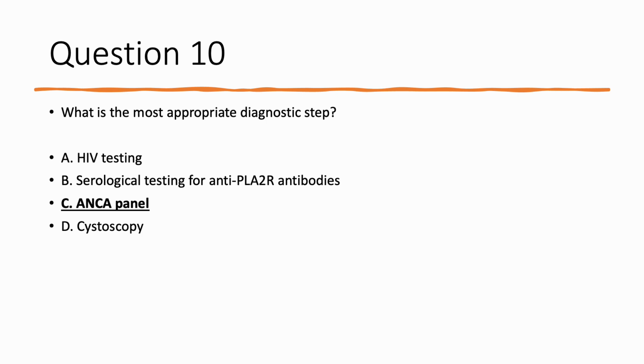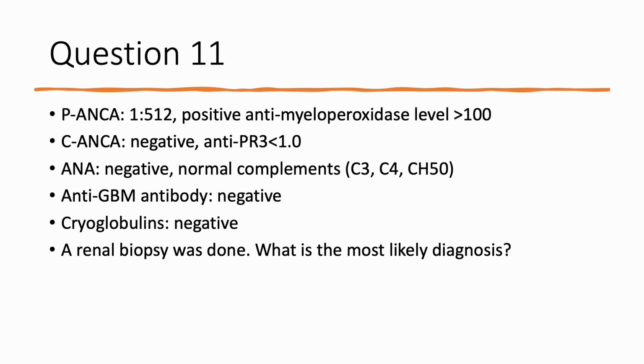Now, ANCA is very appropriate. You have hemoptysis and you have hematuria. When you see that, you are going to suspect a pulmonary renal syndrome. You are going to suspect a vasculitis. You have to order ANCA right away. Cystoscopy, I suppose, okay, you have microhematuria, someone older, you want to rule out bladder cancer. It's not a bad idea, but here you have an emergency situation and you have to make the diagnosis, and ANCA is very appropriate. So indeed, in this patient, we checked p-ANCA and it was very positive, 1 to 512 titer,